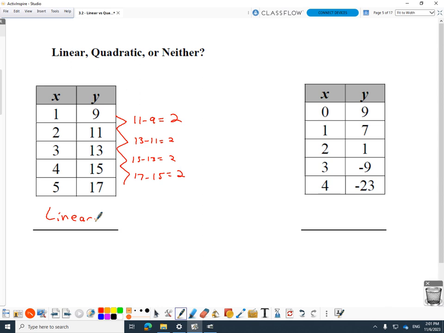Does this one go up by the same thing every single time? No, it doesn't. And let me show you what it goes up by. It goes down 2, then it goes down 6. This is hard. It goes down 10, and then it goes